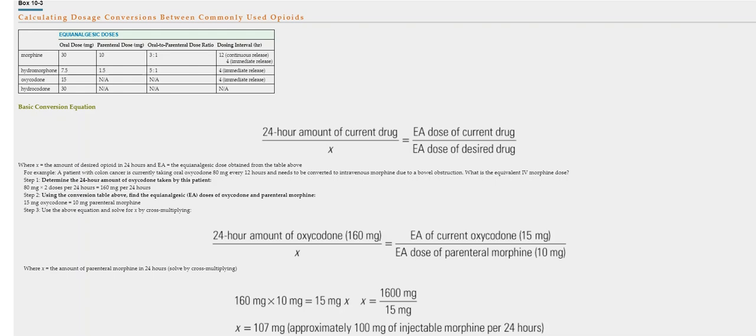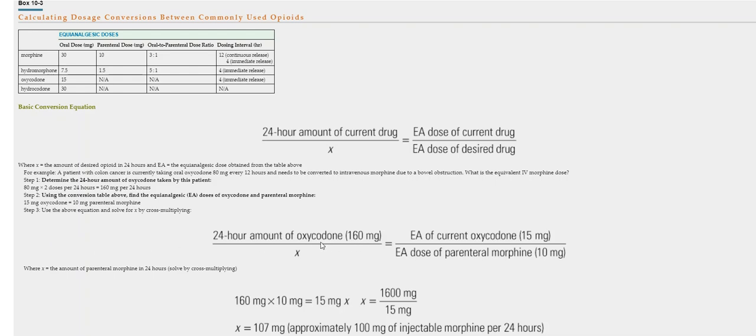And so the current amount of drug in 24 hours that a person is now taking is converted to the 24-hour amount of drug that the desired drug will need to be administered. And the equianalgesic doses of the current and the desired drug are compared. As you can see in your textbook, Box 10.3, the example of converting from oral oxycodone to parenteral morphine is given. And this patient is taking